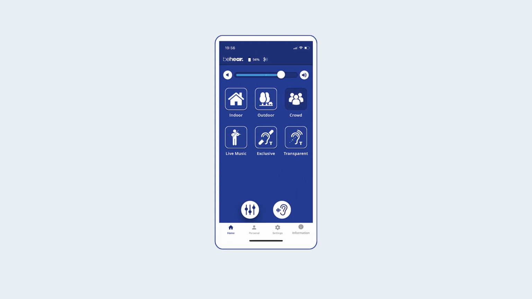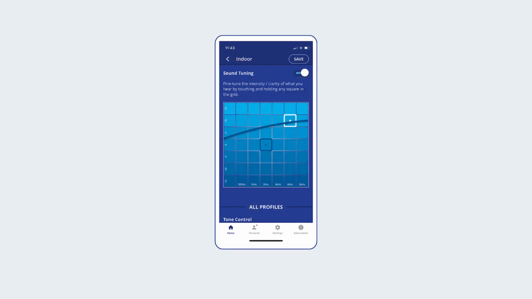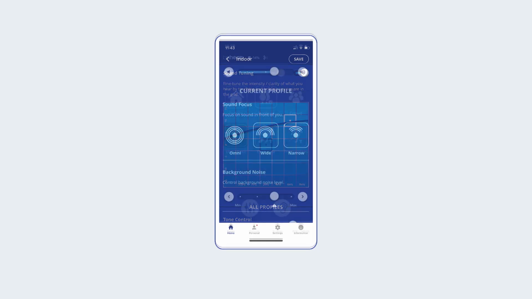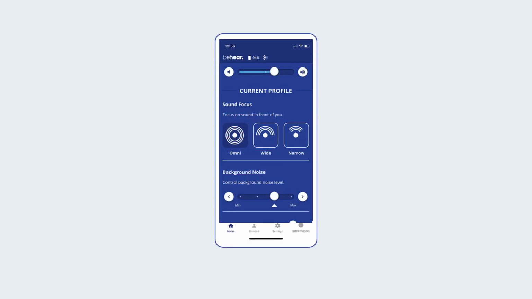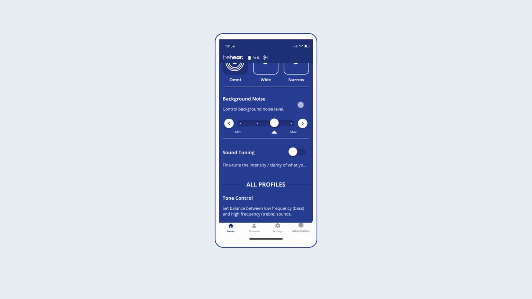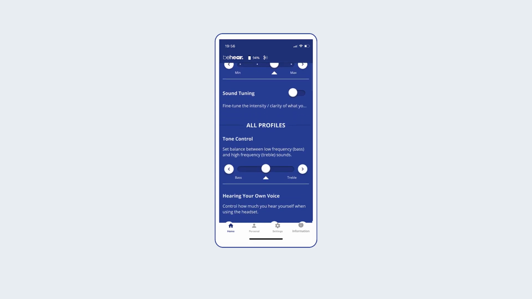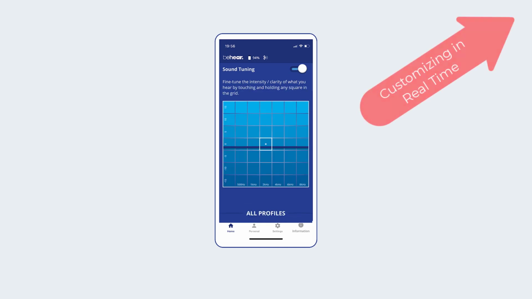The app's home screen changes automatically depending on the actual state of the headset. When the headset is not using the Bluetooth connection for mobile phone calls or audio streaming, the home screen will be in personal hearing mode. There are many options on this screen for customizing what you are hearing in real time: choosing the hearing preset, changing the volume, determining the BSP, best sound point, defining the noise reduction level, setting the balance between ears, etc. To learn more about these options, watch the Customizing in Real Time video.